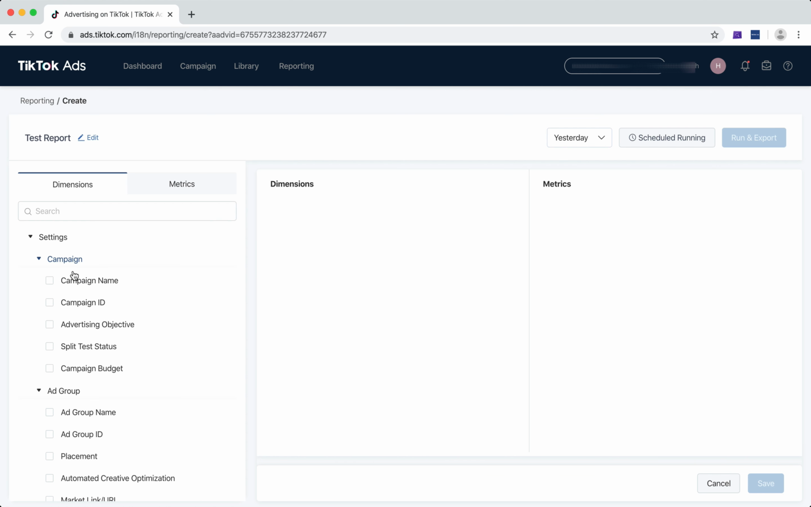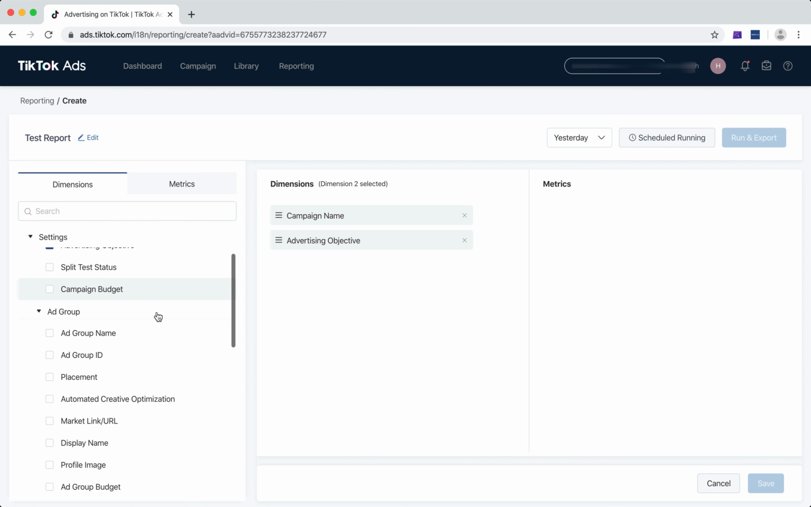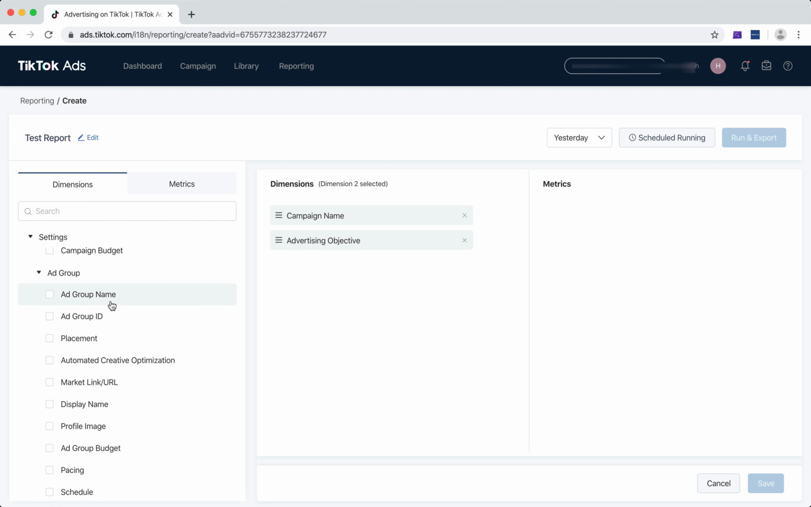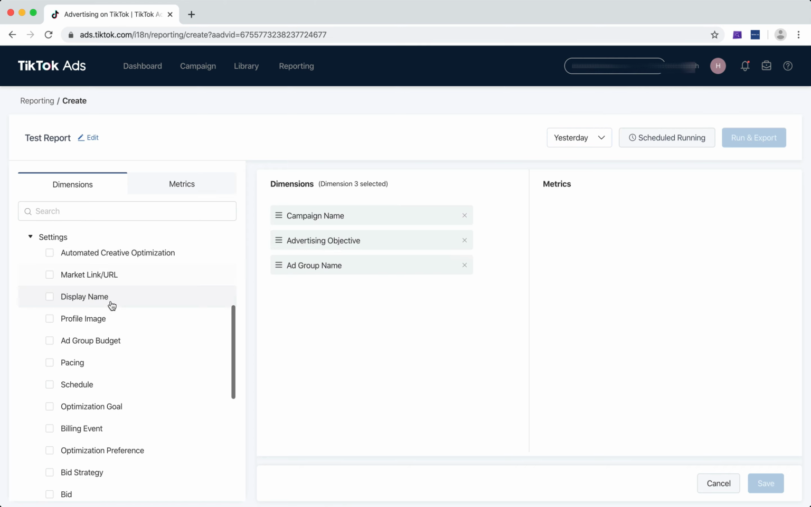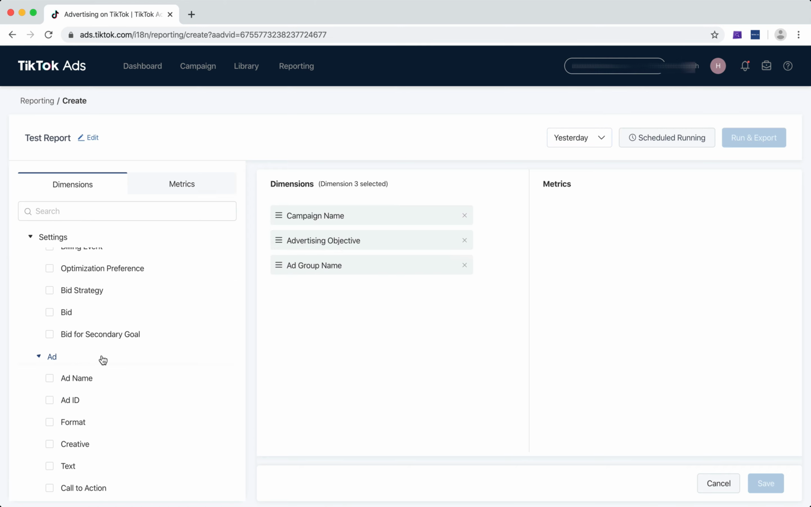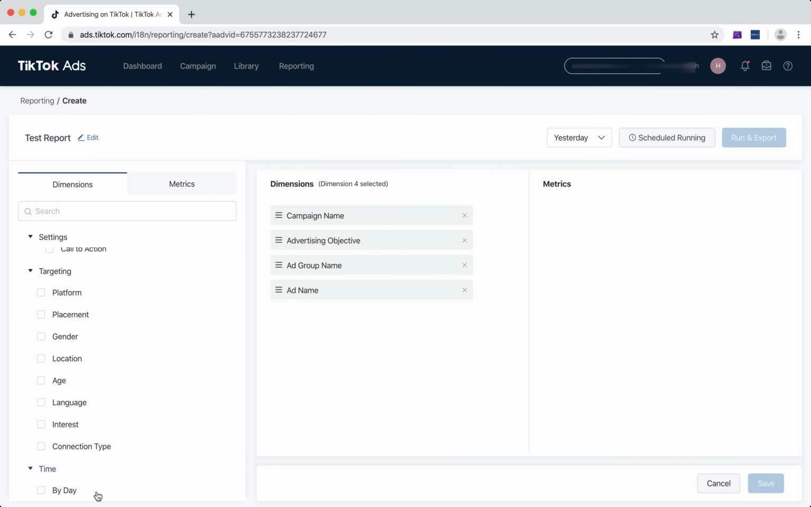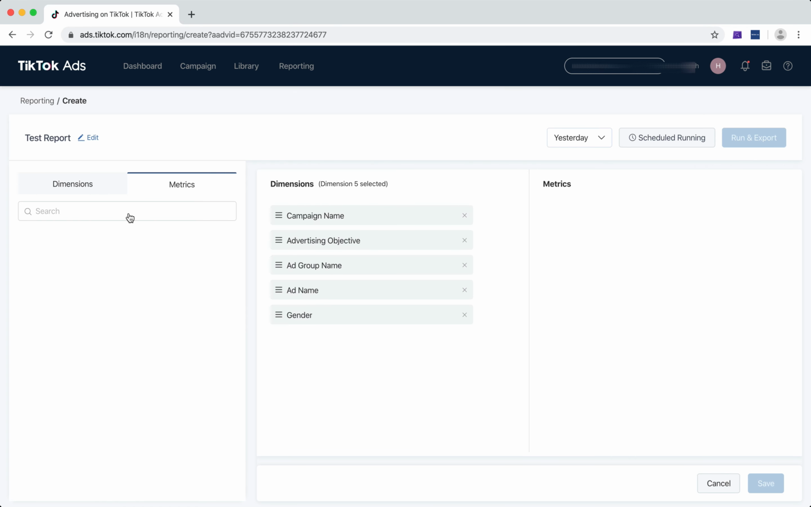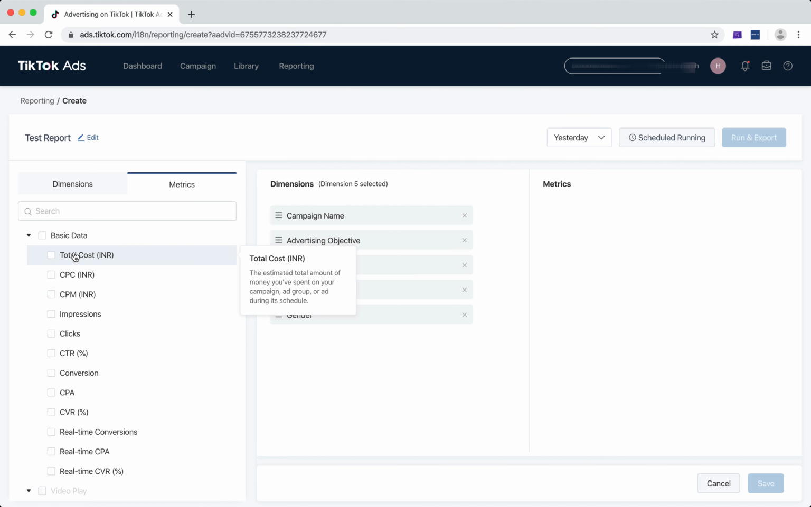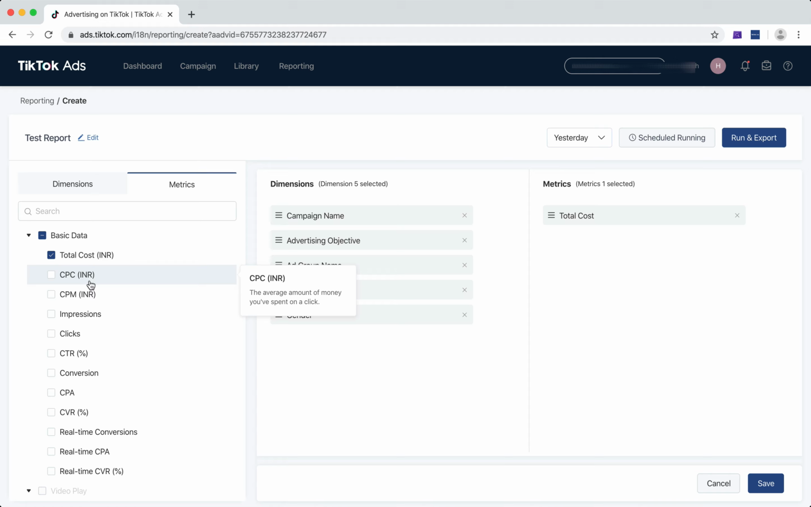This is where you can select what you want to export. So I want to know what is my campaign name, what was my objective, what is my ad group name, maybe what was my ad, and I want to see where it was placed, and actually let's see gender. And then what do I want to see on them? So what are the metrics that I'm seeing? Okay, I want to see the total cost. I want to see the cost per click. I want to see